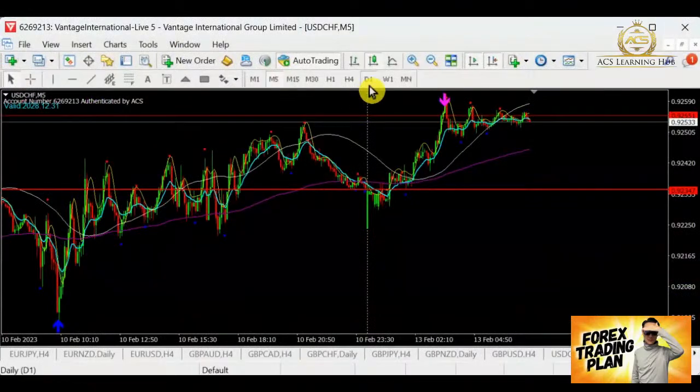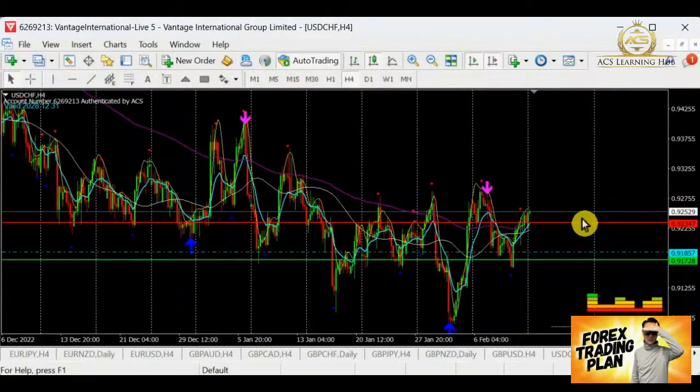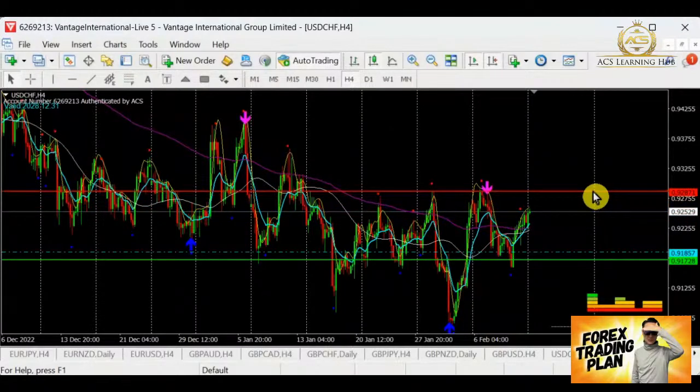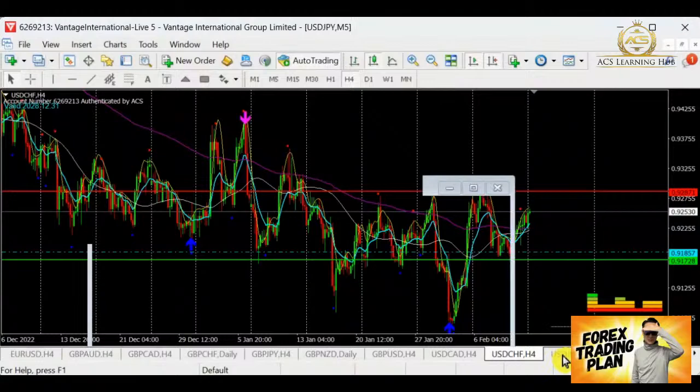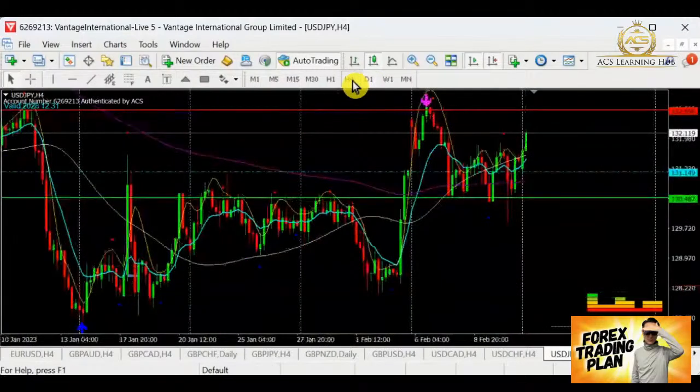All right, for dollar franc. Tentatively today we are in the bear, but we are in the retracement, looking out for resistance. So buyers can take note while it's looking out for resistance, you can grab some profit from there. Next, dollar yen. We are in the bear, but today we are also in the retracement to look out for the resistance. Since that's the case, we will stay away, but the buyers can take note.